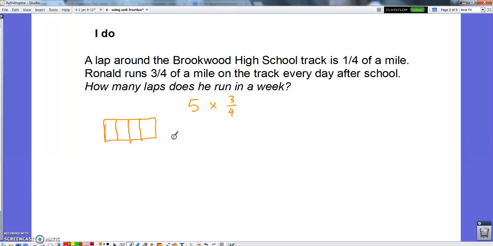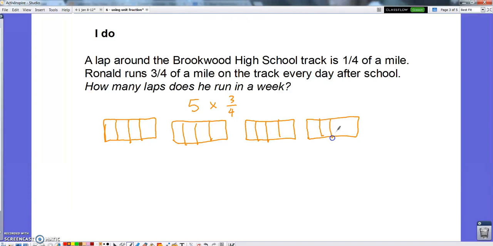let's see, I'm going to draw a few of these and then start filling in his running every day. Let me try 4. I don't know exactly how many I'm going to need. So we learned really 2 ways to draw this visual model. One of them was to say, okay, he runs 3/4 of a mile on Monday,